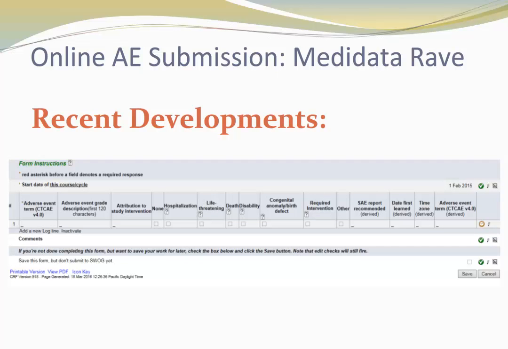This is the new AE form mandated by the NCI for studies that use investigational new drugs. S1505 is the first new study to incorporate this form. In theory, this will be implemented with all new SWOG IND studies moving forward. As you can see, there is a lot more detail being collected, but the purpose of this